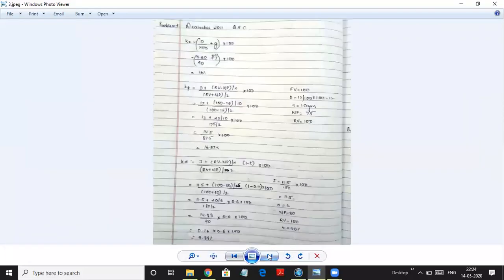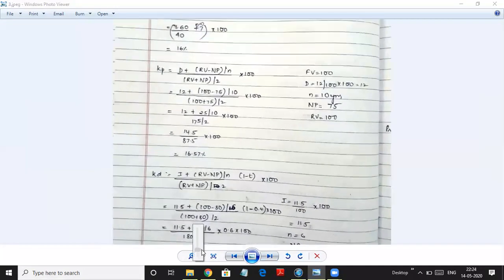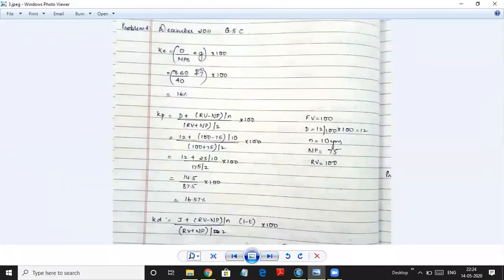Now let's start solving. They have not given us the cost of debt, equity and all. So we need to find that. To find the cost of equity, we'll use the formula: cost of equity is equal to D divided by MPS plus G into 100. So dividend they've given as 3.60 divided by market price per share, 40, plus 0.07. This is not just 7, it's 0.07 because we need to convert the growth rate into decimals and then into 100. When you solve it, you get it as 16%.